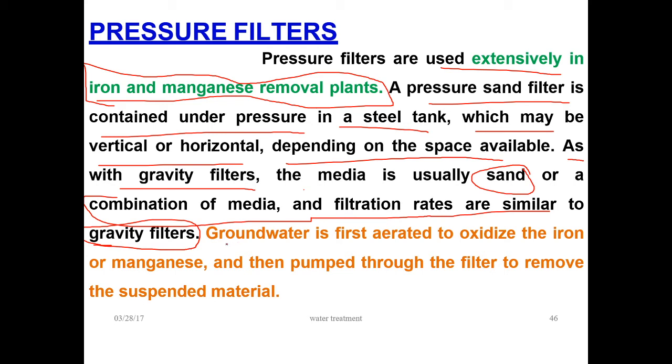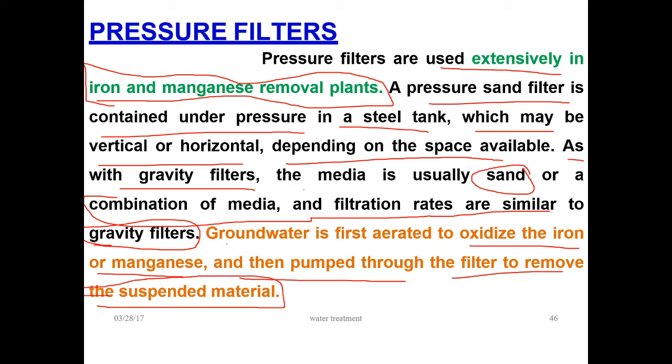Groundwater is first aerated to oxidize the iron or manganese and then pumped through the filter to remove the suspended material. Yesterday we discussed the aeration process, so you got an idea.